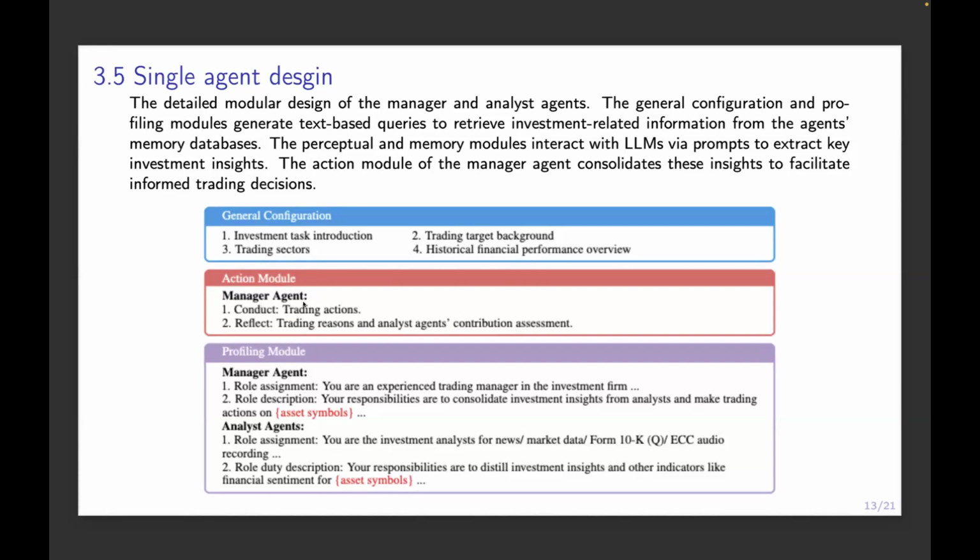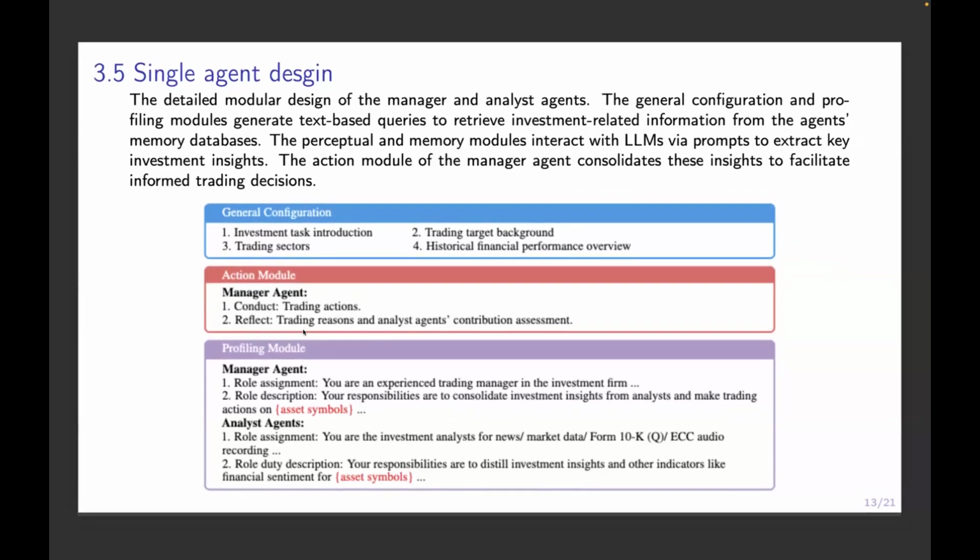The manager agent conducts trading actions using this action module, and it can also reflect on the reasons and the analyst agents' contribution assessment. Okay, so this is the action module. And the profiling module,